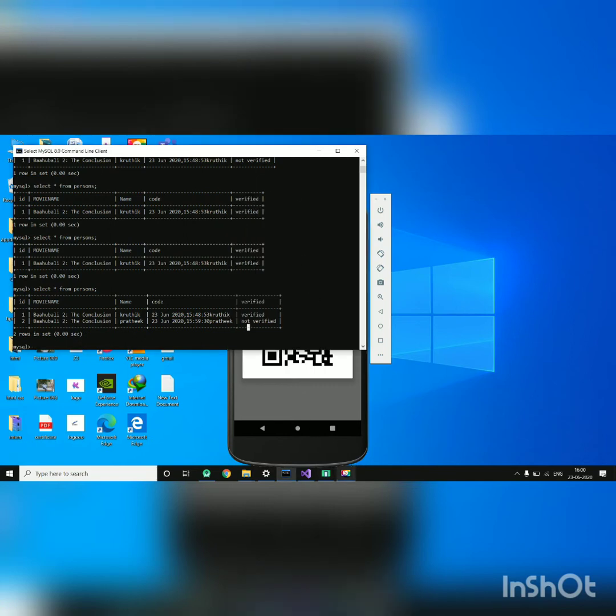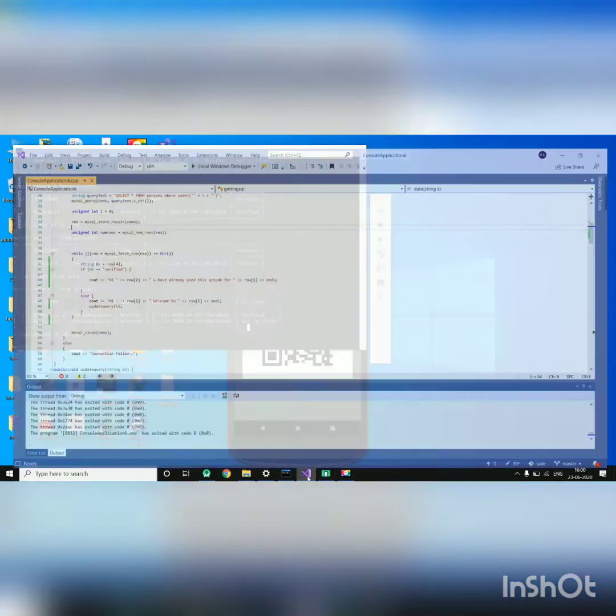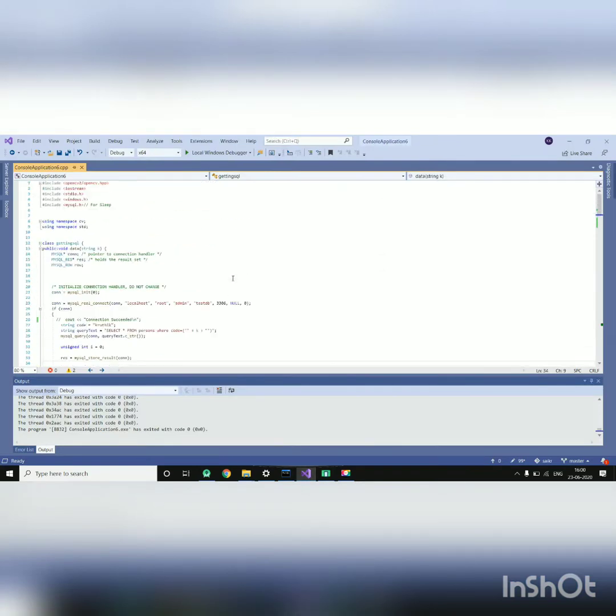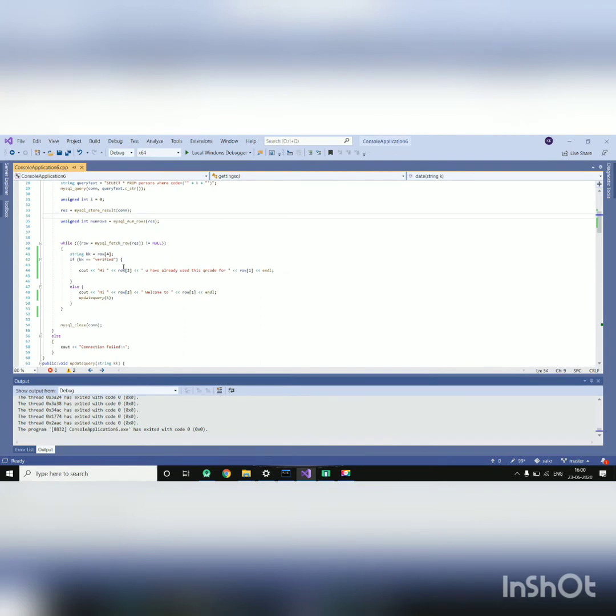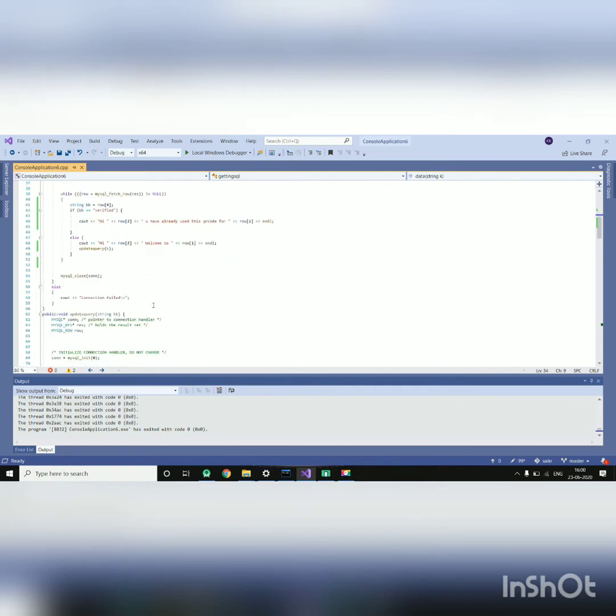And now you could see the C++ backend part. Actually here I've used two classes. One is for getting SQL data: the decoded QR code will be sent to the SQL server by request, and it would get the data of who has booked the ticket and whether he has entered or not. The update means if the person has not entered the movie with the QR code, then it will update. If the person scans the QR code, it will update in the SQL that the person has entered, and it will be changed to verified.